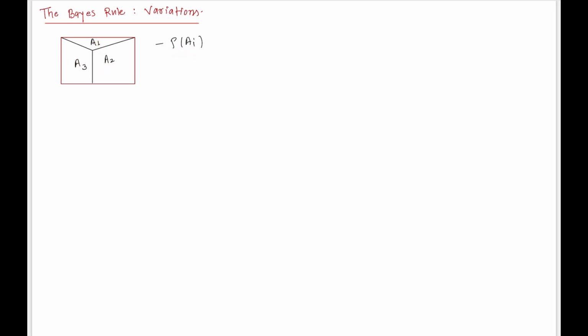Now if I tell you that this event B is there, you observe this B under each of the scenarios. So you have the prior belief about these events A1, A2 and A3, that means you know the probabilities of these events. Now if I tell you that this event B has occurred,